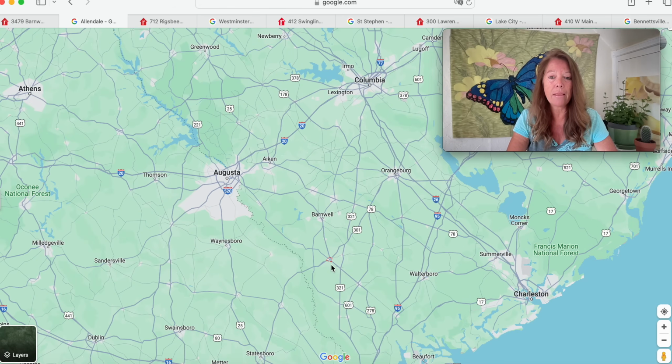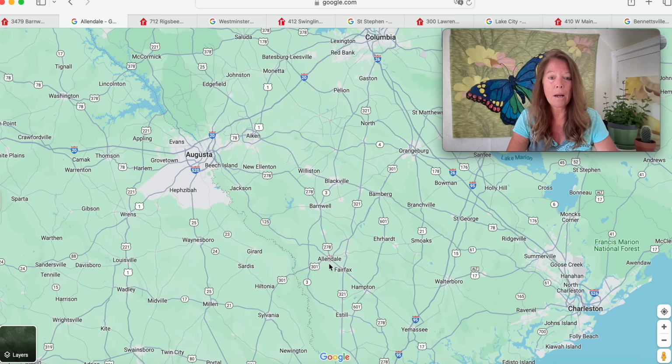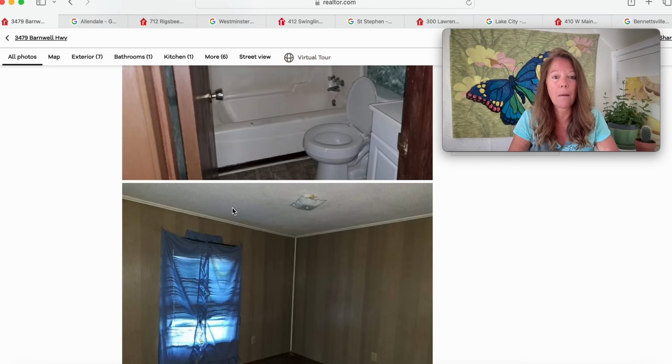So here we are on the map. So we are definitely further from the coast. But if you want to be inland, Allendale might be where you'd like to be. 24.9, 1,000 square feet, built in 1976. Let's see what we're getting. Sorry about that. Got to scroll back up. Man,